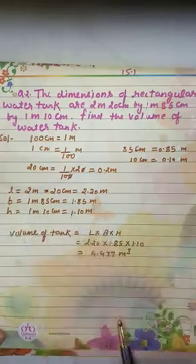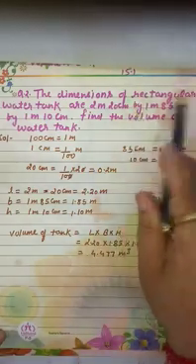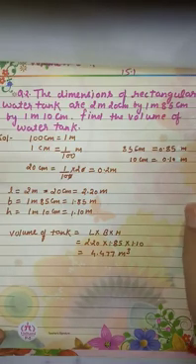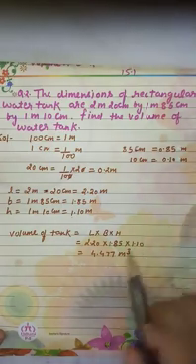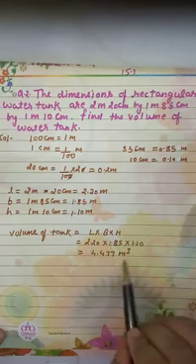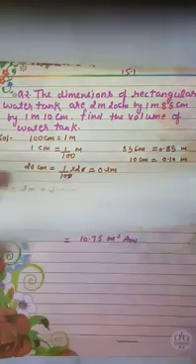So the volume of tank is, class, as you can see here, there is a rectangular water tank. Rectangular water tank means cuboidal shape water tank, and the volume of cuboid is length into breadth into height. Put the value of length, breadth and height, and this will be the volume, 4.477 meter cube.